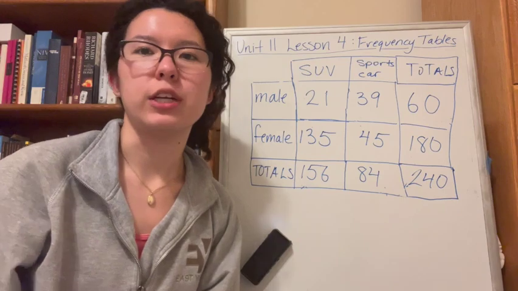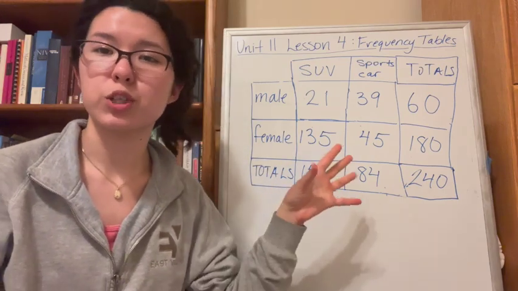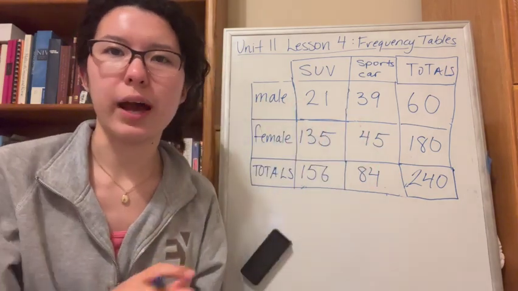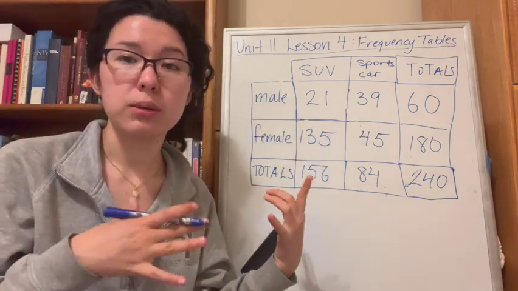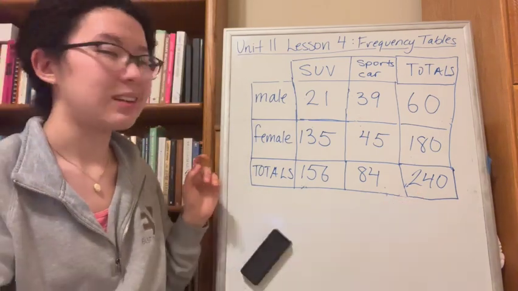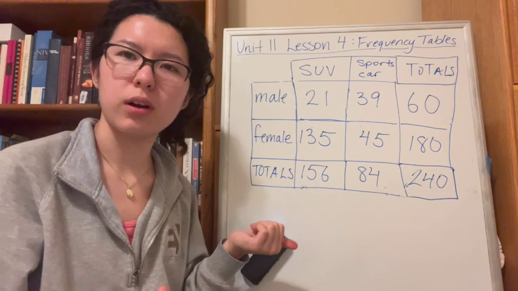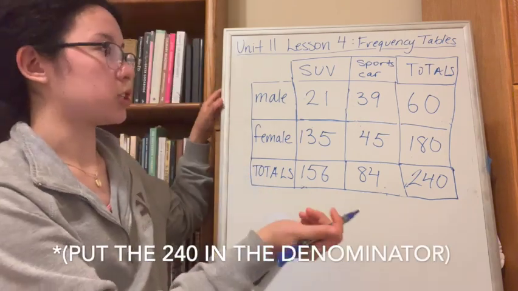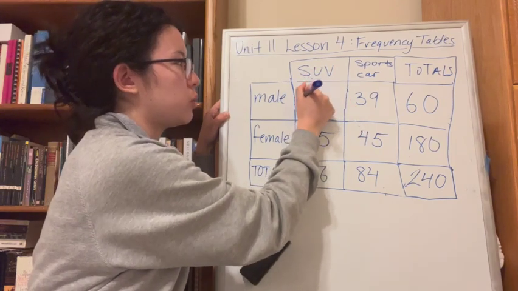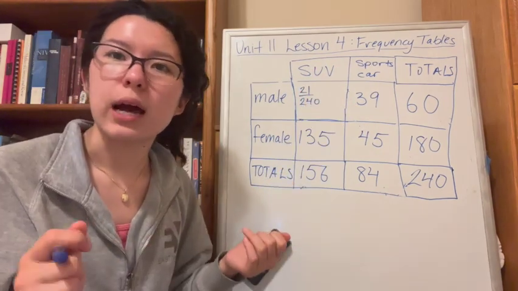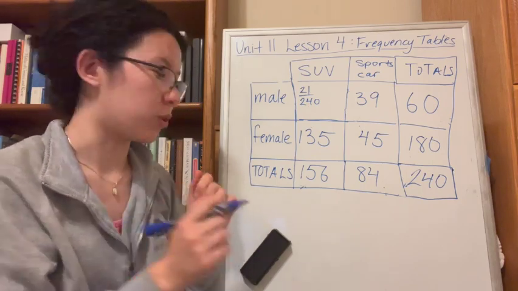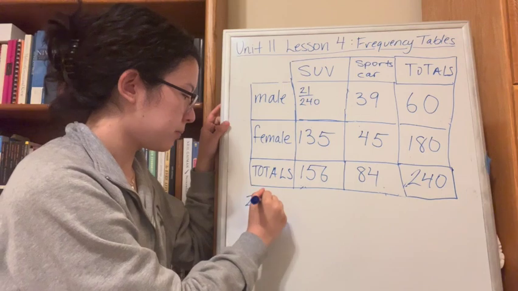So here we have each of the values that we originally had. To show what percentage of all the people we have in each of these cells, we're simply going to divide by that whole. We're going to look at that number, 240, and take each of these numbers and put them in the numerator of a fraction over 240. So instead of 21 here, I get 21 over 240. All you would have to do is take your calculator and do 21 divided by 240. And once you plug that in, you would get